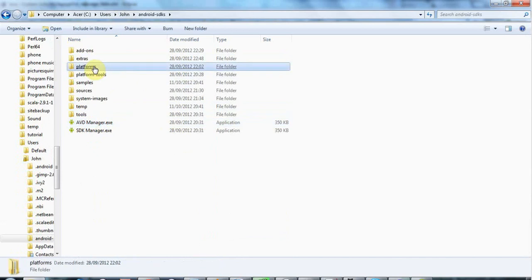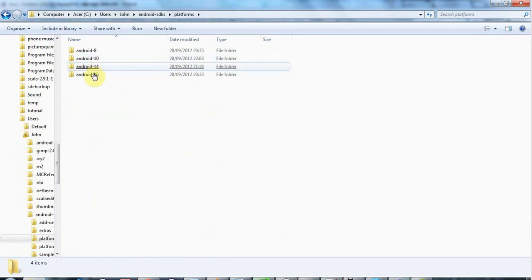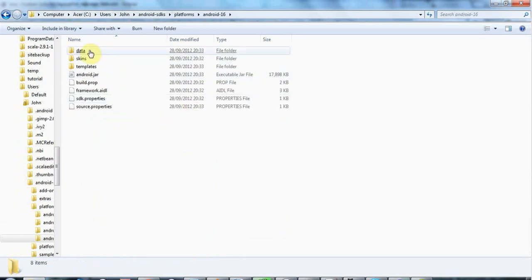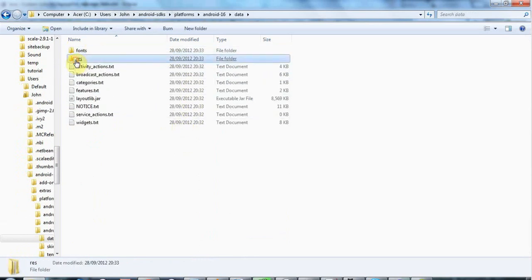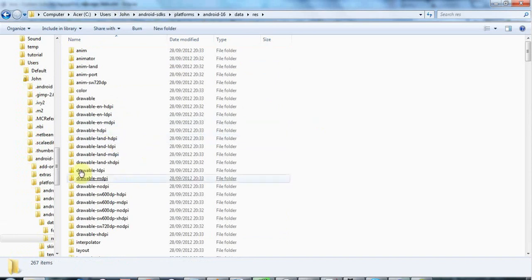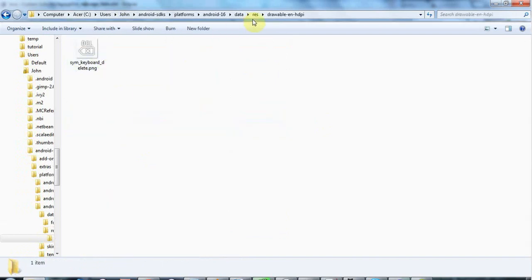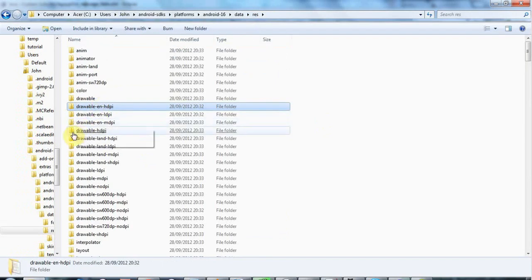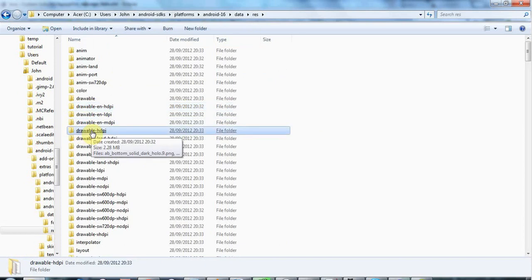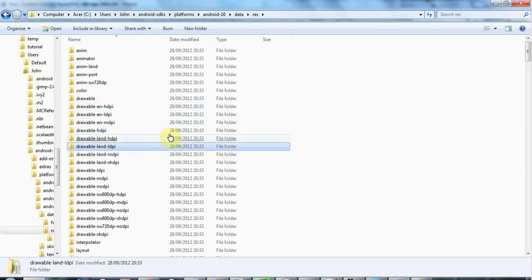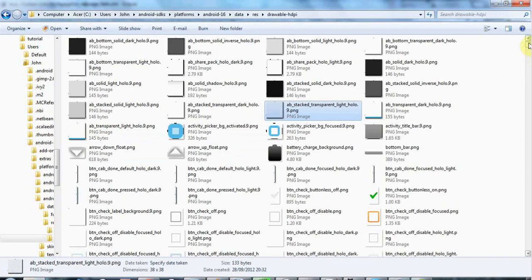And then once you find this folder, wherever it is, if you go to platforms and pick an Android platform and data, resources, and pick one of these drawable folders, for example not the language specific ones that just have a little bit of stuff in them, but one of the drawable-HDPI or LDPI or MDPI or the other one. So let's look at drawable-HDPI for example, and in here you can find a whole bunch of